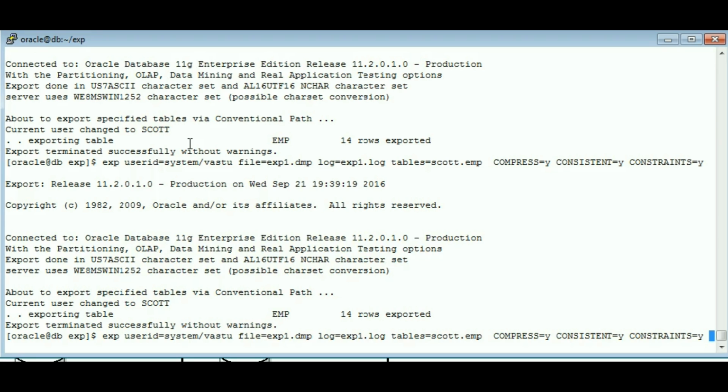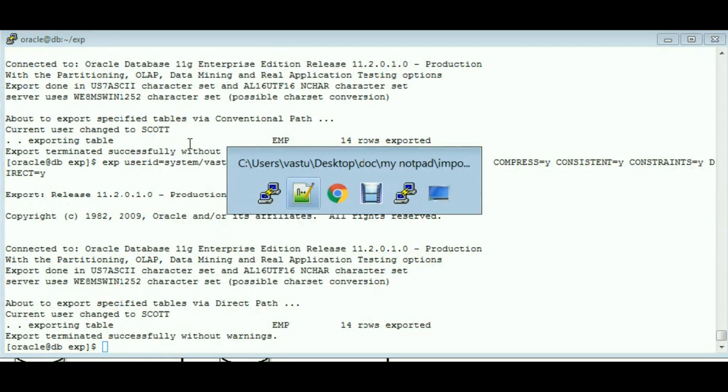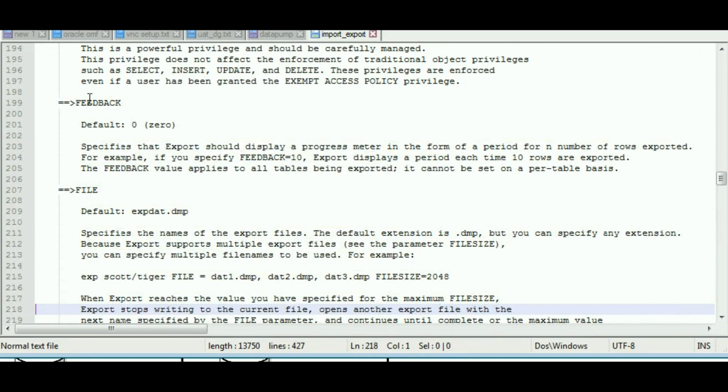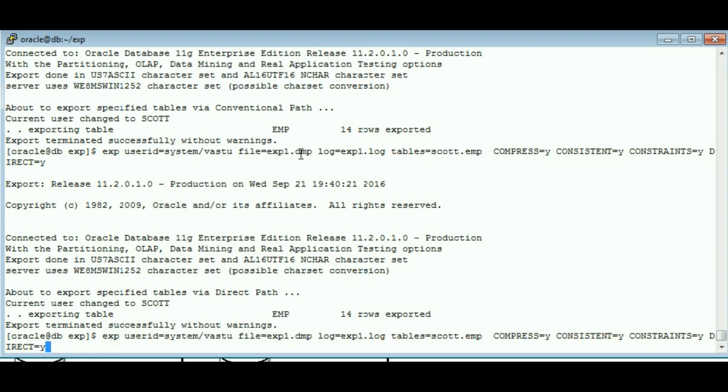Direct equal to y. Let's take it directly back. So the next one is feedback. In feedback, you can specify a value for the feedback, for example feedback equal to 10. In that case, it gives a message periodically, row by row. See, the EMP table has 14 rows, and feedback